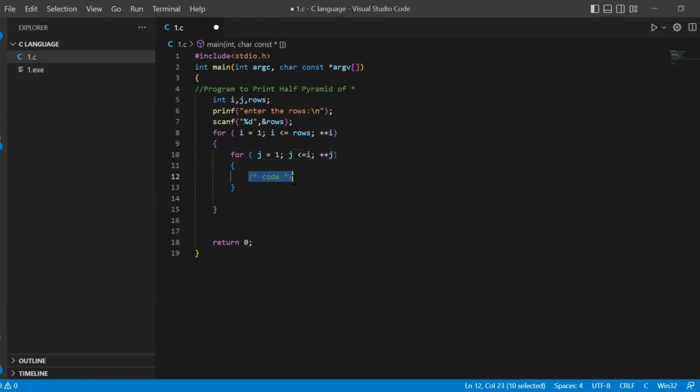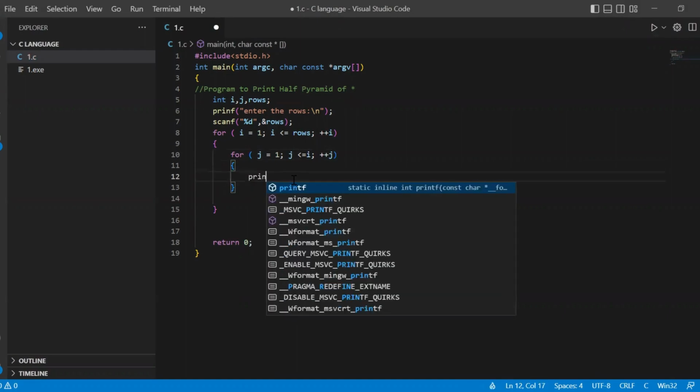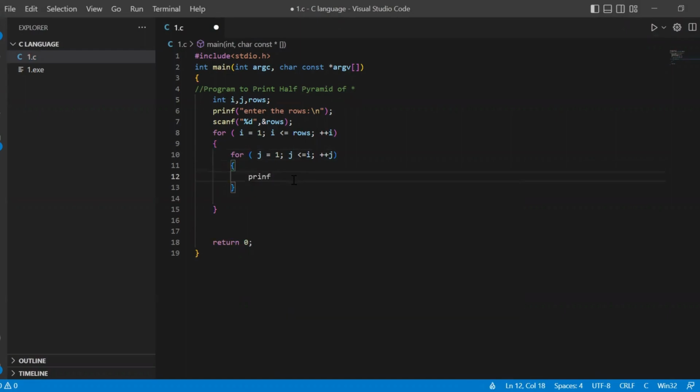So inside this I'm going to write print stars,